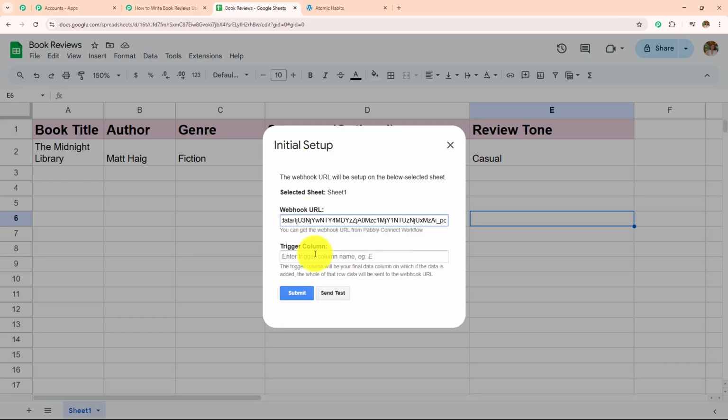Next, I need to enter this trigger column. So the trigger column will be a final data entry column on which if the data is added, the whole of that row data will be sent to the webhook URL. So here my final data entry column or the end column or the last column is column E, which means whenever I'm going to add data in this particular column, the complete row data will be sent to Pabbly